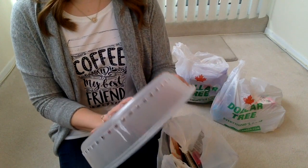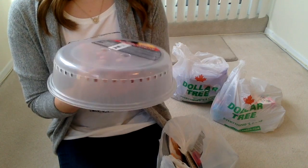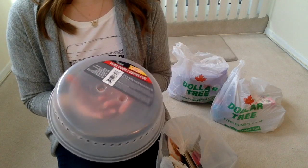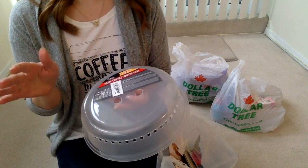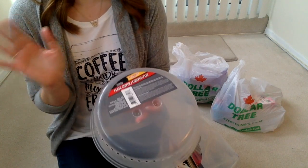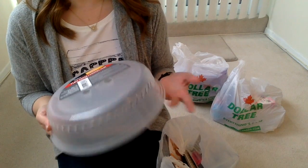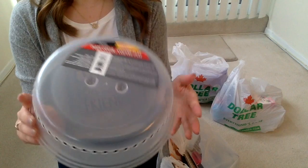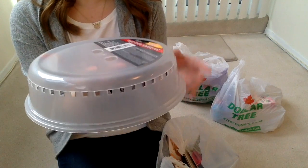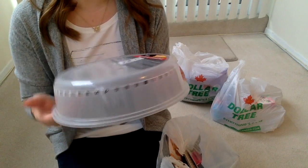I found this Cooking Concepts plate cover. When I reheat food in the microwave, I tend to put a paper towel on top of the food. I just don't like it exposed for some reason. It's just a little quirk that I have. But I want to save on using so many paper towels, so I thought I would grab one of these plate covers and use it, and also protect from any spills or explosions in the microwave like I had a